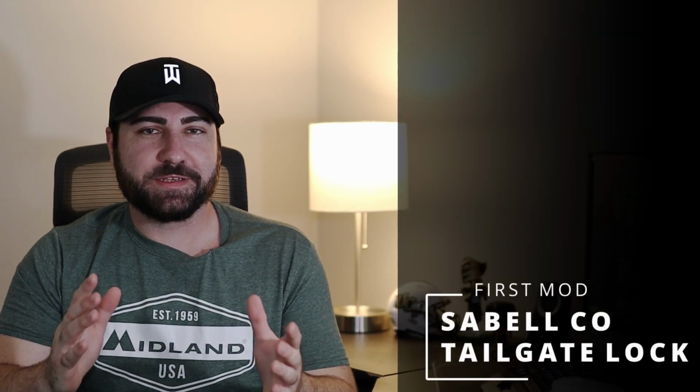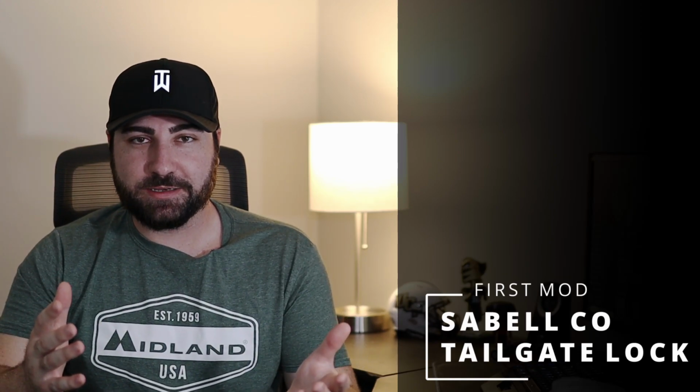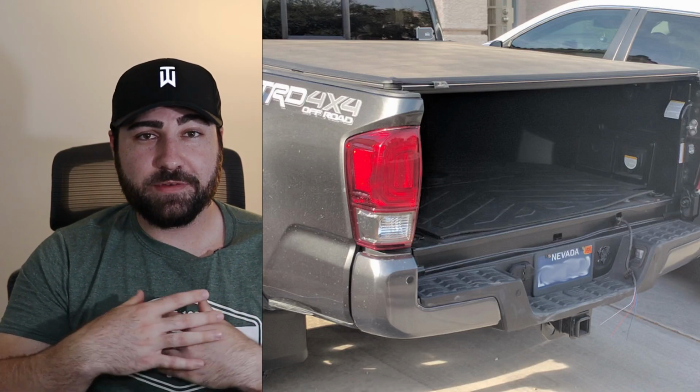All right, so if I were to get a brand new Tacoma and do my build over again, the first mod that I would get is the Sibelco tailgate lock. So apparently there's a huge issue, especially on the West Coast, with people's tailgates getting stolen. I've heard it happening a lot on Tacomas, F-150s, any type of truck really. I guess there's a huge market for stolen tailgates, so they get stolen quite a bit. I haven't experienced it firsthand or seen it over here in Florida on the East Coast, but I know that